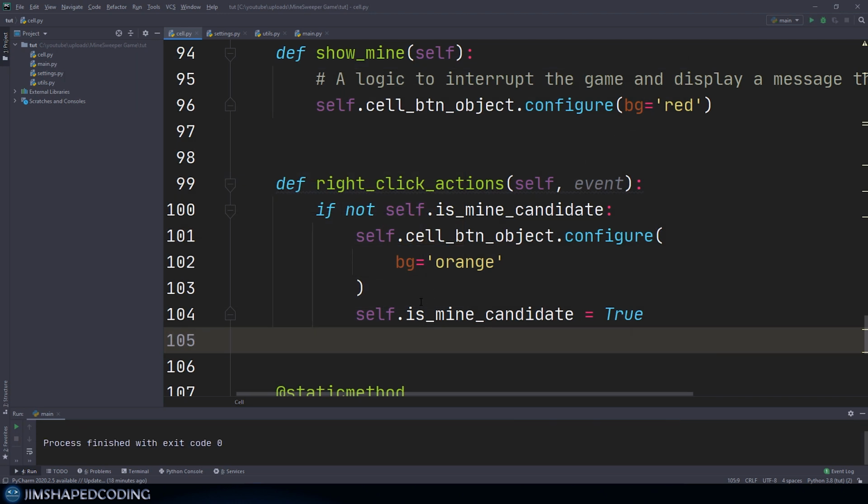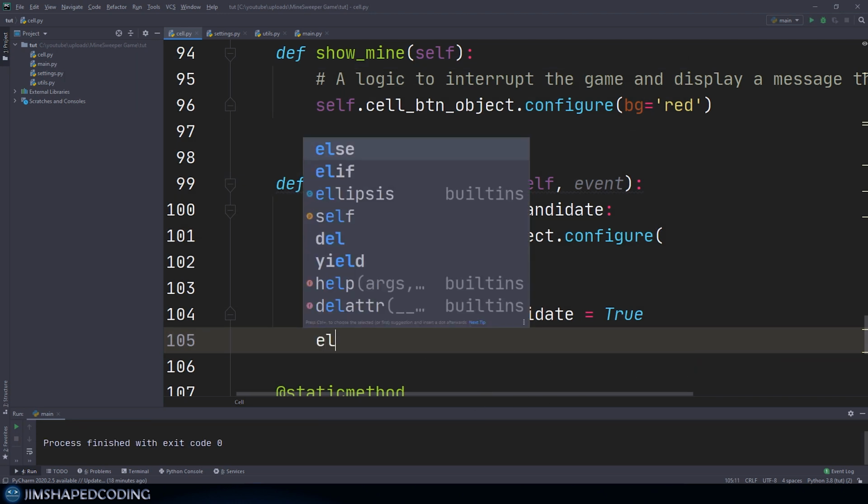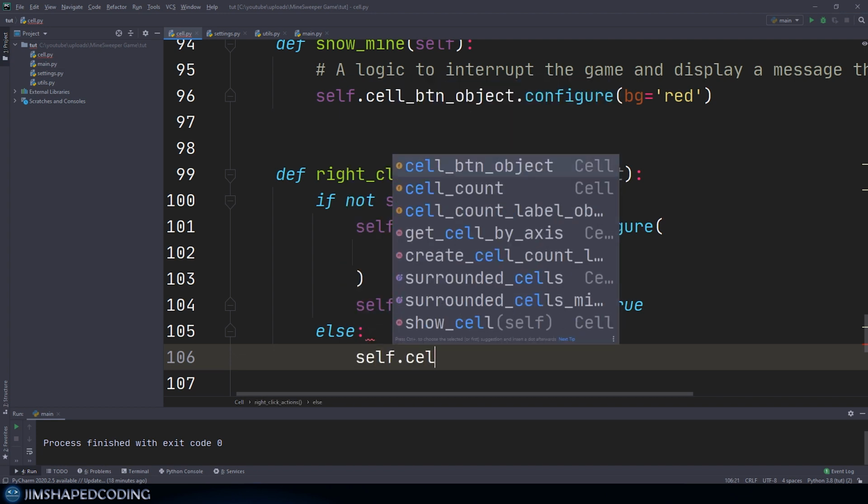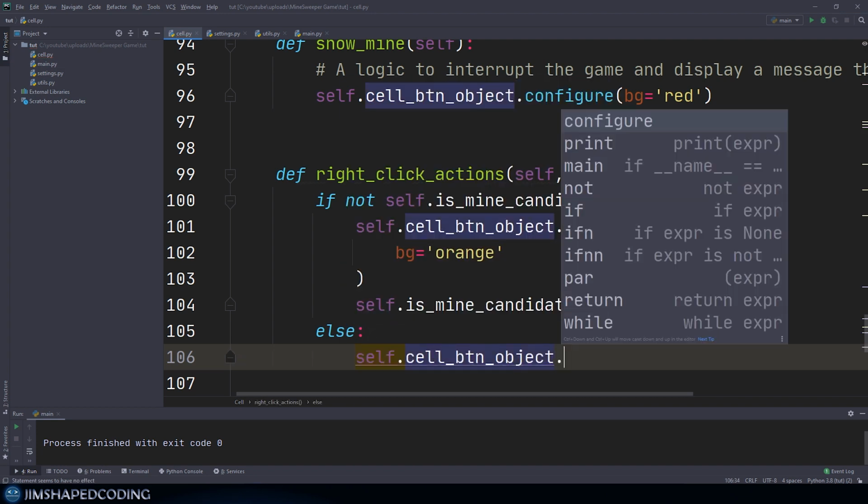Alright, so now that we have this, we should also design the opposite action by only saying here else. So now we are doing something if the cell is already a mine candidate. The next time that we right click on a cell and we know that the cell is a mine candidate, then we just want to do the opposite action. So the opposite action will be to configure the color to the original color. So it will be